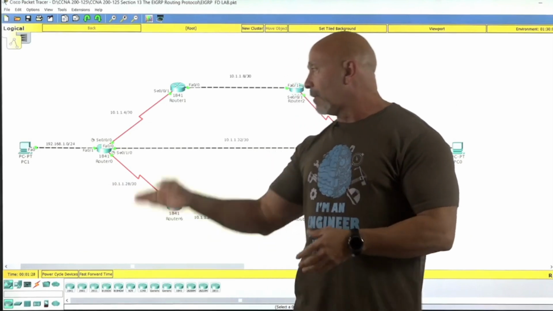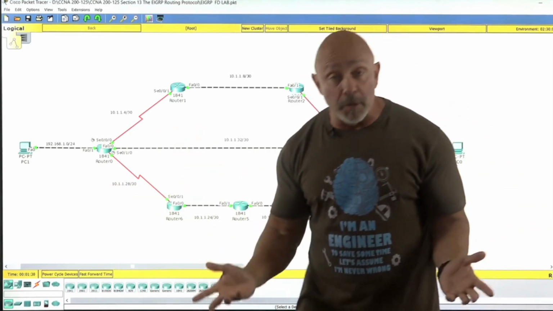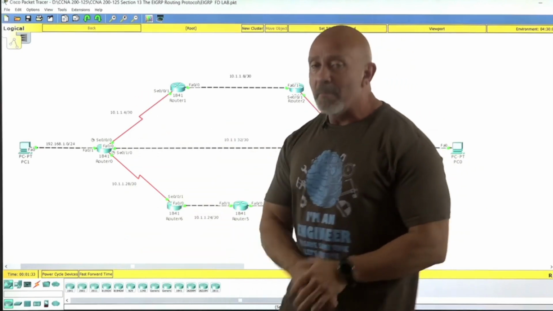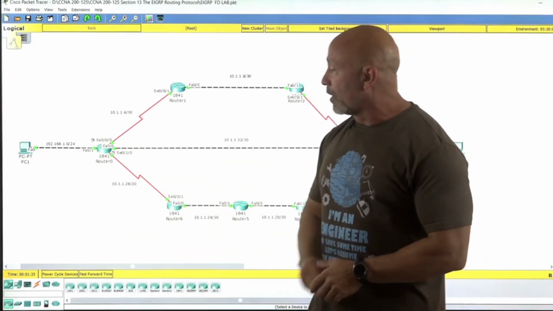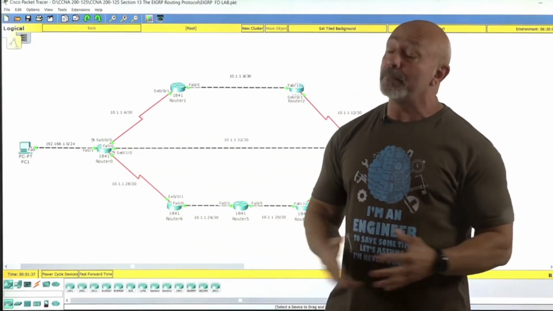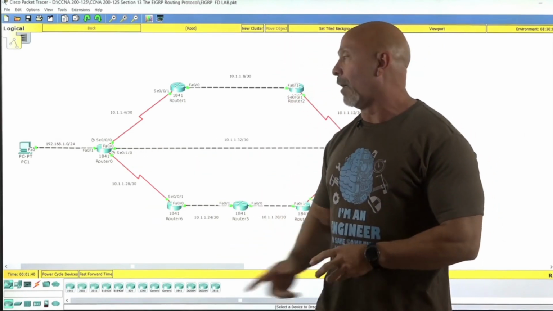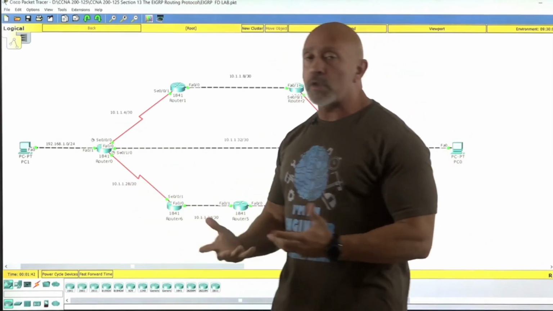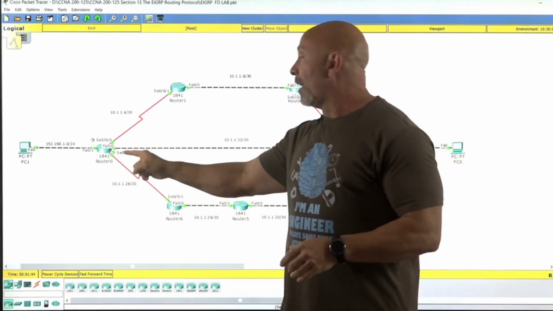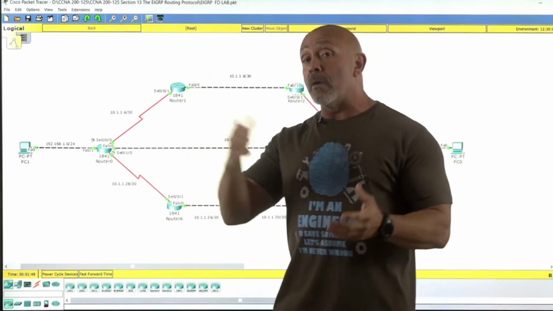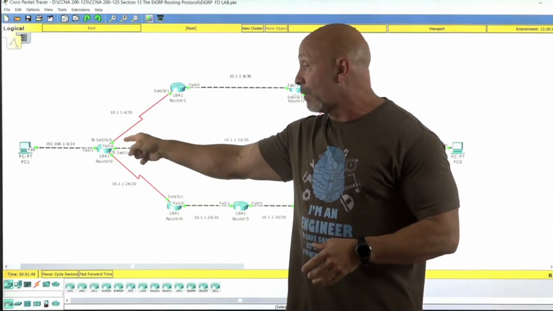All you got to do is go inside the interface, give it a faster bandwidth, as you saw, 10 million, right? We gave it the maximum bandwidth through the S0/0/0, and we gave a 64 to the F0/0, 64 kilobits per second. That's pretty slow, all right? So automatically, you saw when we looked at the routing table that it is going up this way. The topology table tells you the same thing. But now, since we changed the bandwidth,